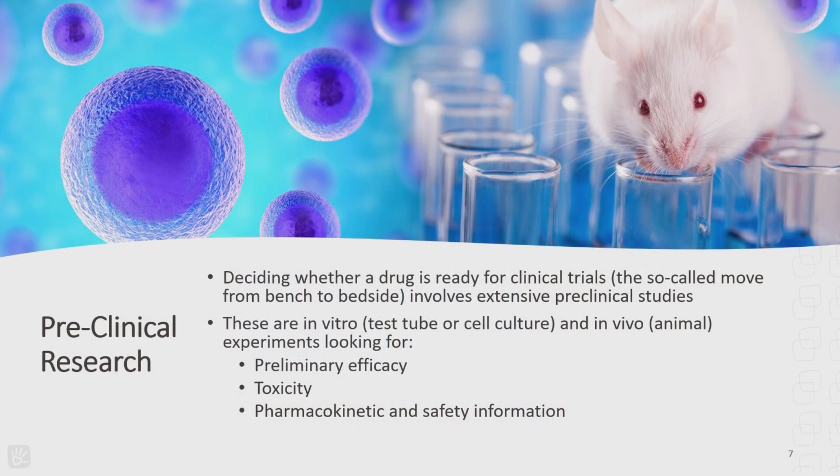The next step is basically to say, hey, I have a drug. Is it going to work? Can I make it? Can I manufacture it? And you really have to start with experiments in the lab. Sometimes you'll hear the term in vitro, which means outside the body. And then there's some in vivo experiments. Usually those are animal studies. So that is where we take a whole bunch of compounds, or let's say I want to modify a gene. You might start with animal models. So that's the preclinical research. That's all the stuff that goes on before we say, hey, we're going to try it